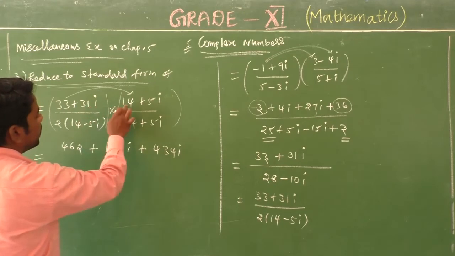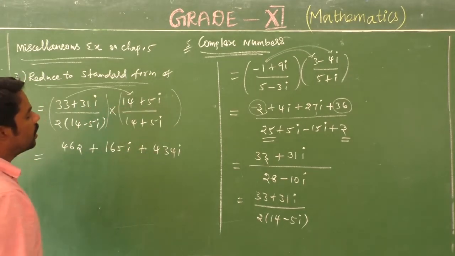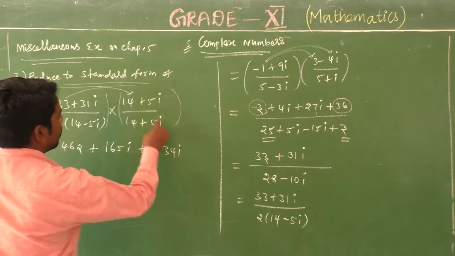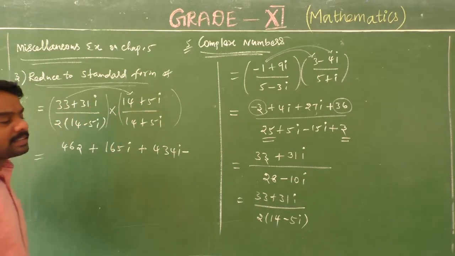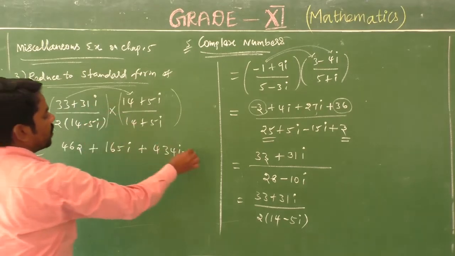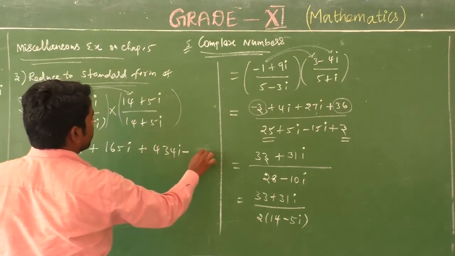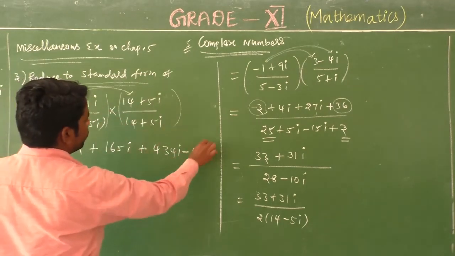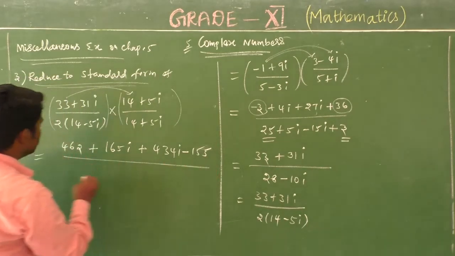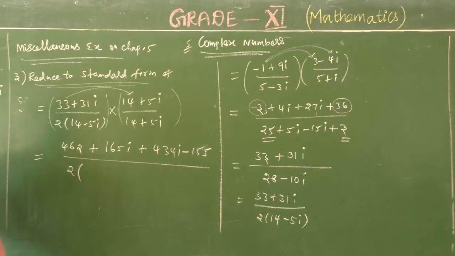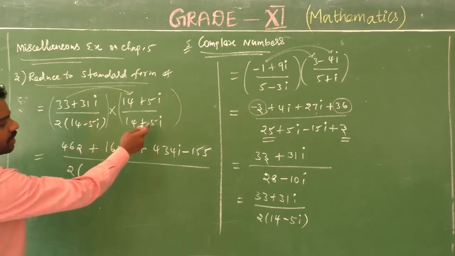Plus 5 into 31, which is i into i, i squared, so minus 1. So minus 5 into 31 is 155. Then 155 divided by 2 into (14 minus 5i) into (14 plus 5i). That is